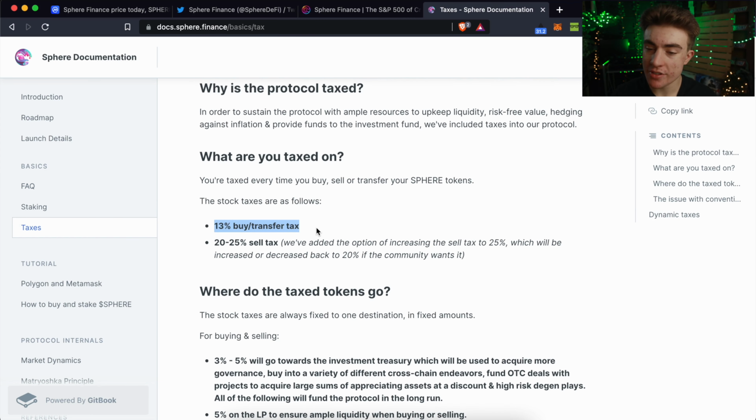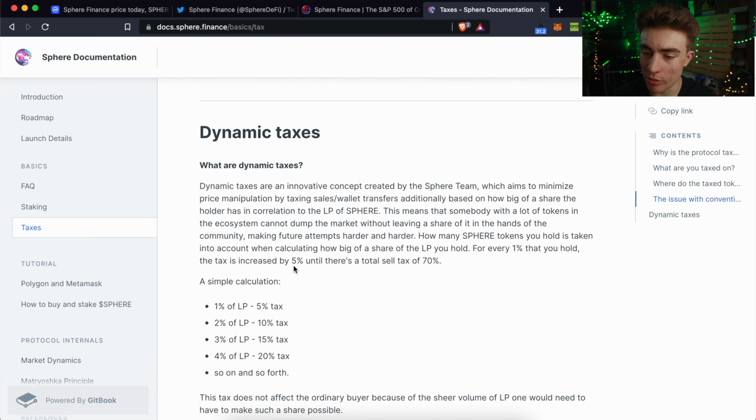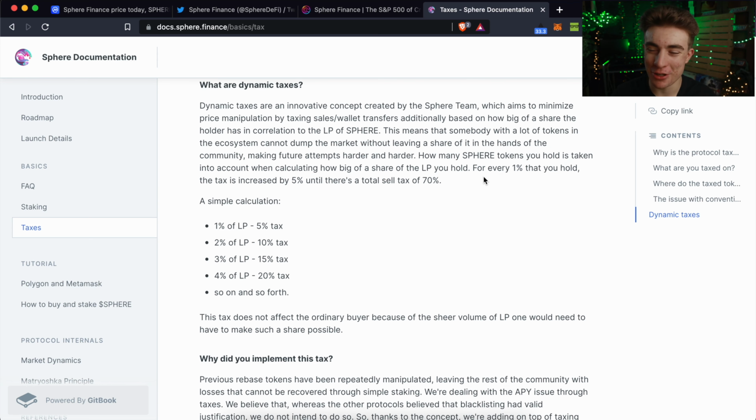There's a 13% buy and transfer tax and a 20 to 25% sell tax. It will be voted on whether it be 20 or 25 depending on the community, and they go over where that goes. And then this dynamic tax we talked about earlier, for every 1% of liquidity you hold, the tax is increased by 5% until there's a total sell tax of 70%. So to get around that, what you can do is distribute it over multiple wallets and don't get any